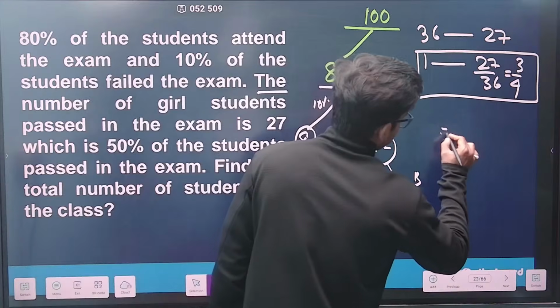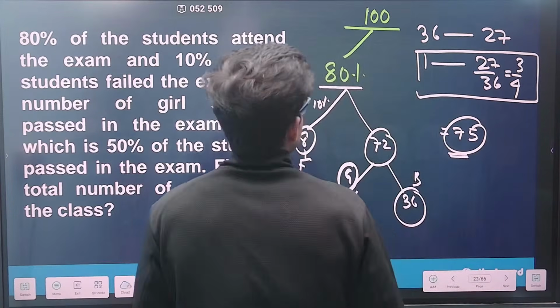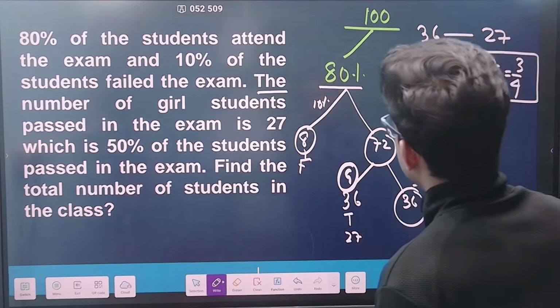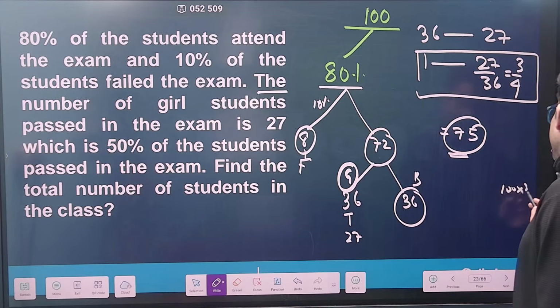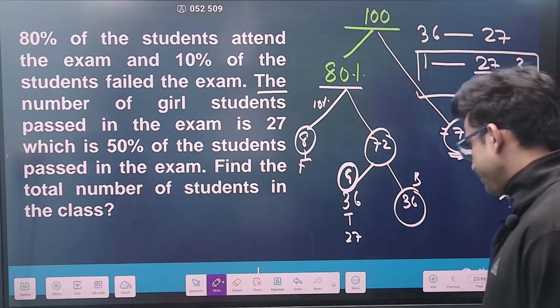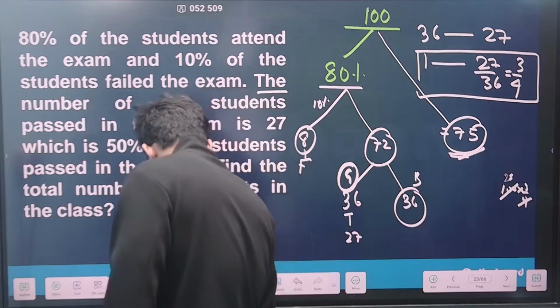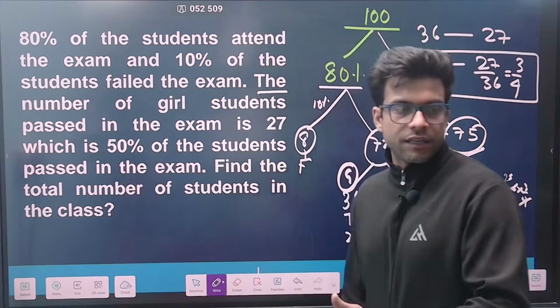75. I hope you guys will answer, but that would be 75. One value is 3 by 4, correct? One value is 3 by 4. The number of students will be 75. How much? 100 into 3 by 4. So that's why I am giving this series. I think you are getting